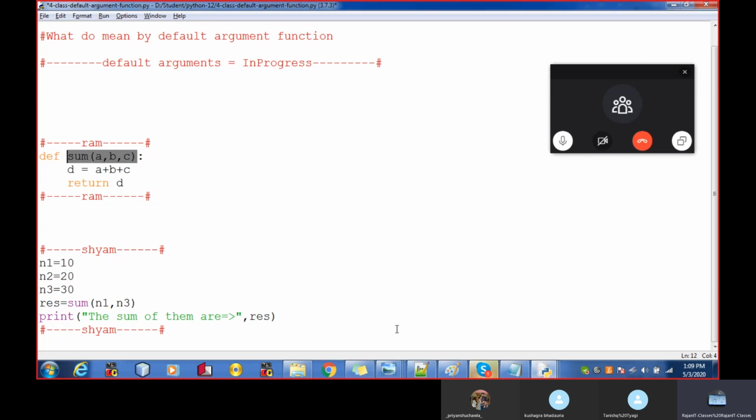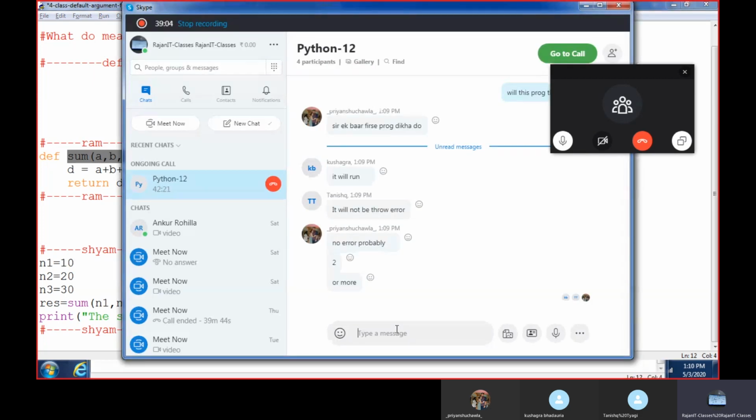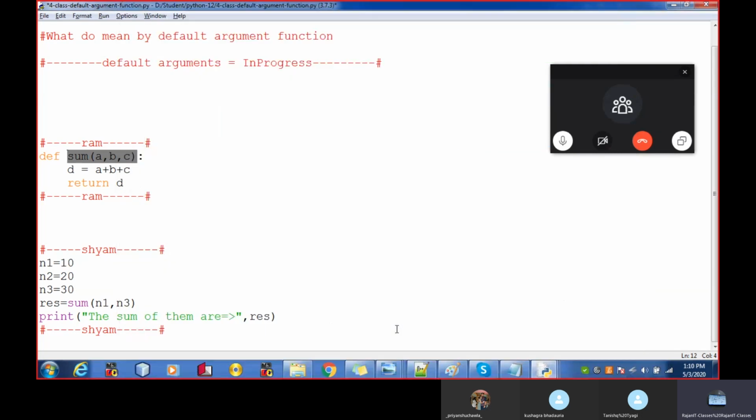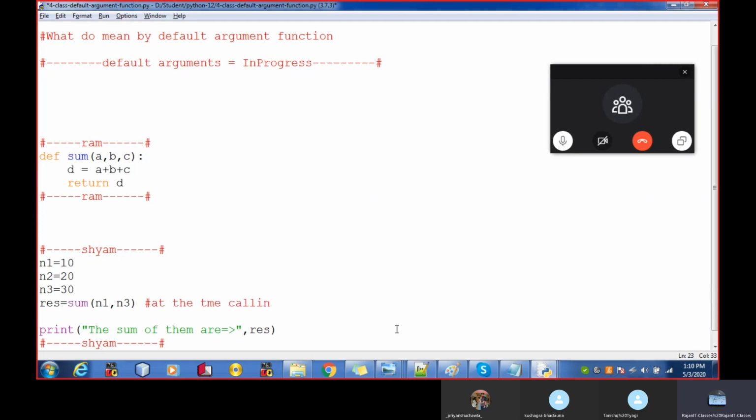The first value will go in A, the second value in B, the third value in C. But at the time of calling the function, I am passing just 2 values, n1 and n3.